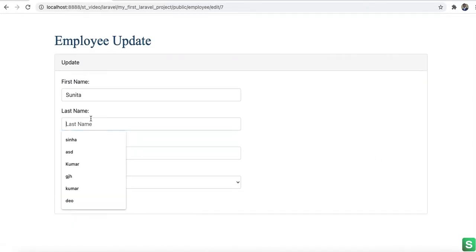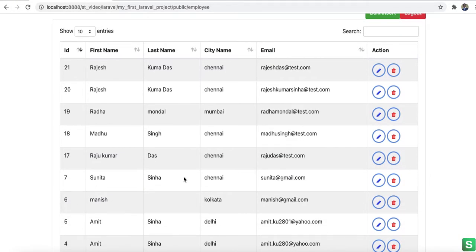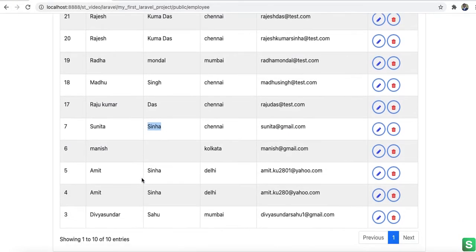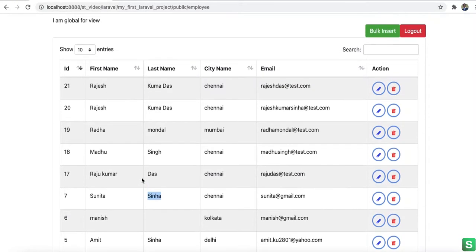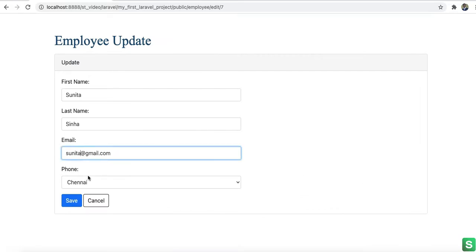Okay, so I am going to put here last name only. I am going to update the last name and hit save. So see, this record is updated and no other record is inserted, right? But again, when I am going to hit this record and change here the email id,